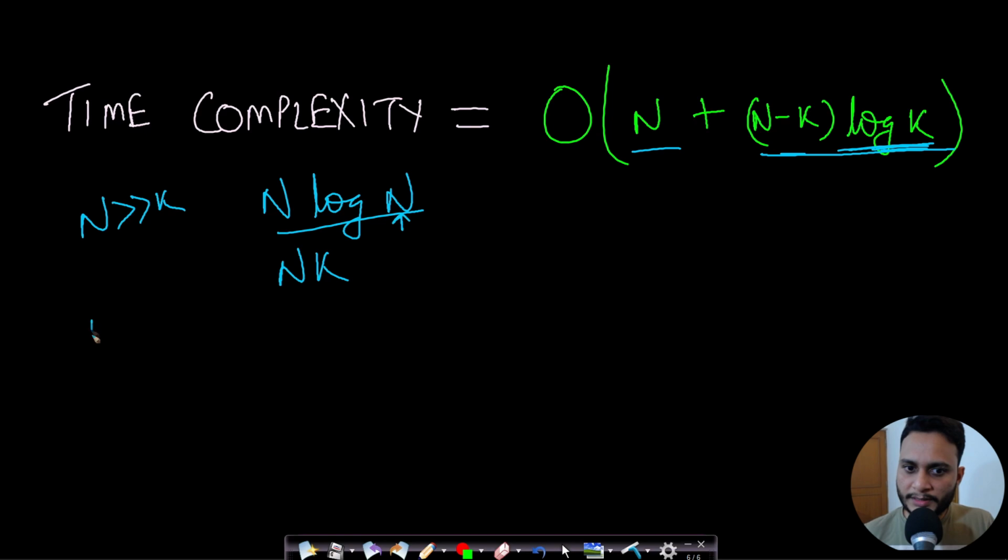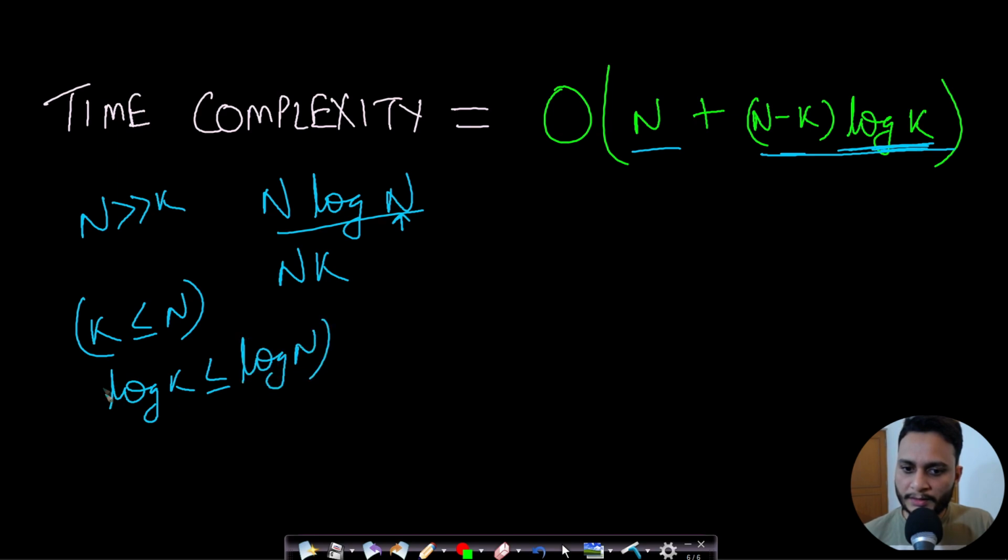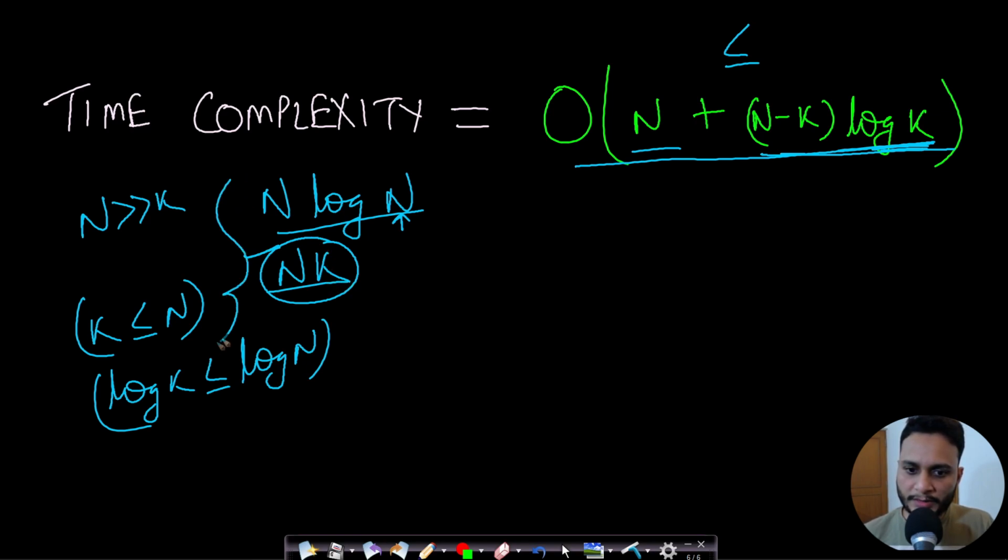So obviously k will always be less than or equal to n. Therefore you can say that log k will always be less than or equal to log n. Therefore the time complexity of this heap algorithm should always be less than or equal to the first simplest algorithm, which we had seen by just using the template library, that is by using merge sort. Okay, so the worst technique in this case was insertion sort, which was taking nk time. I hope you understood all the three algorithms as well as their comparisons and which was better.